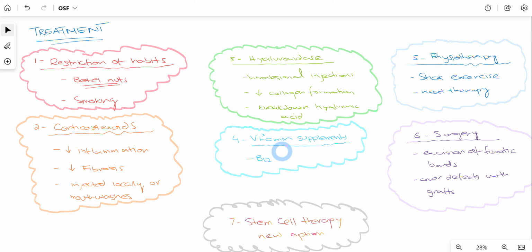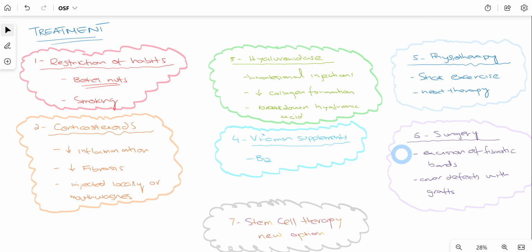Fourth approach we can take is to give the patient vitamin supplements, for example B12 supplements, which will help the patient. Fifth is physiotherapy. We can give patients sticks. Sticks are given to the patient and they put them in their mouth, and they keep increasing the number of sticks, which basically helps to loosen the bands and helps the patient to have a better mouth opening as compared to before. And you can also give some heat therapy because that helps the patient relax their muscles, which can help in mouth opening. And then finally, if all of these treatments are not effective in the patient, we go for surgery.